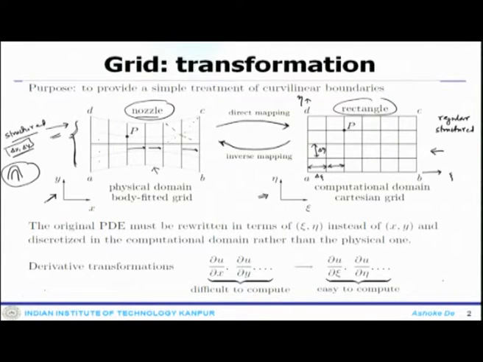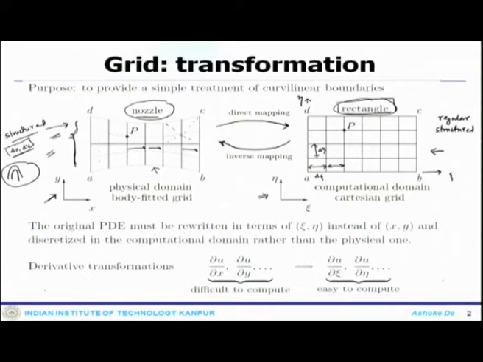This is one of the beauty of this mapping. Since you do not have the regular uniformity here, one can have a solver completely based on this kind of system, that is called an unstructured solver. That will be one of our points of discussion as we go along with the course. But the other option is that I can still stick to a structured system. In that case, since there is a non-uniformity in the physical problem, I will map that. And once I map it to this rectangular system, the mapped system looks completely uniform and very nicely situated.